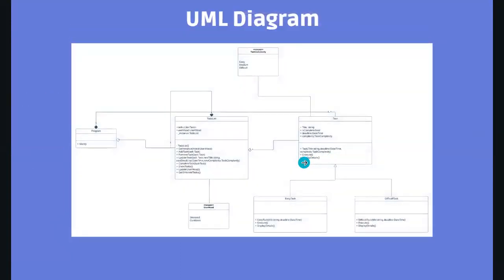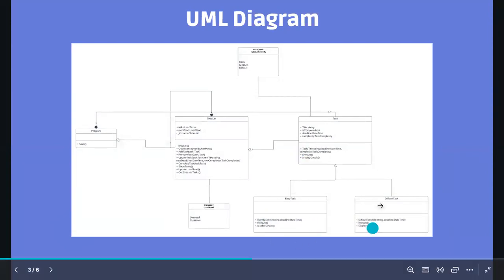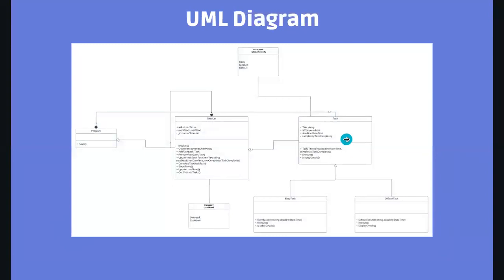UML class diagram. Firstly, the abstract factory pattern is being used here. The pattern provides an interface for creating families of related objects without specifying the concrete class. In this context, we have two concrete classes, easy task and difficult task. They both inherit from the abstract class Task. The abstract Task class defines a common interface for all tasks, such as title, deadline, complexity, and methods like execute and display details. The beauty here is that we can add more task types in the future without changing the